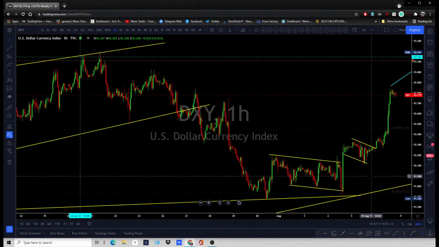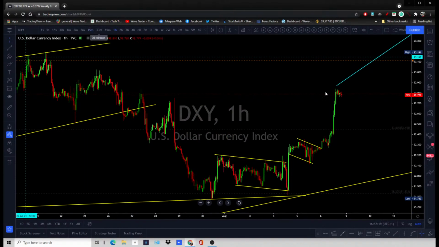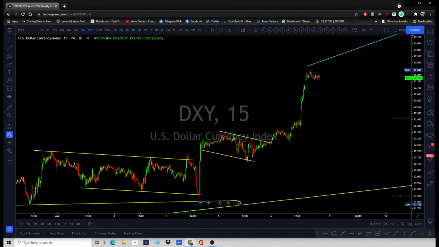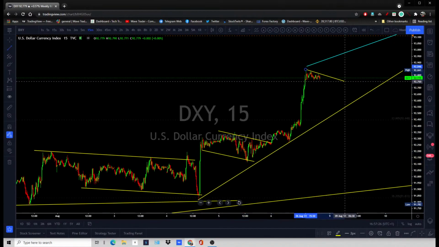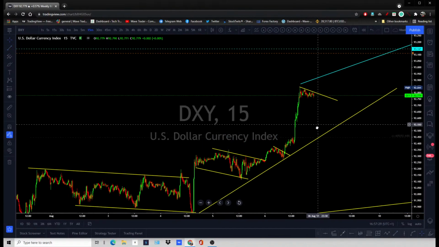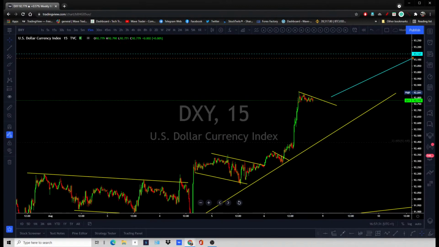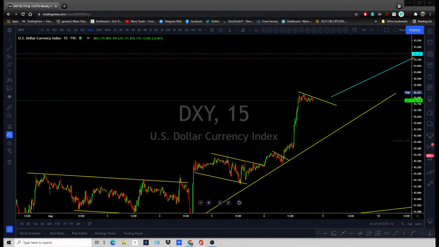You're still looking for this to continue to keep pushing higher. You are simply looking for this trend to stay intact. It's correcting on the 15-minute time frame and breaking out another time, and at least tagging that 93.15, or 93.20, for the next bullish leg to appear over there like these previous ones.